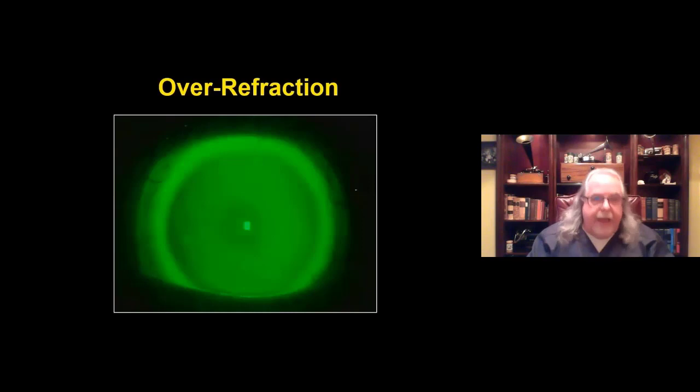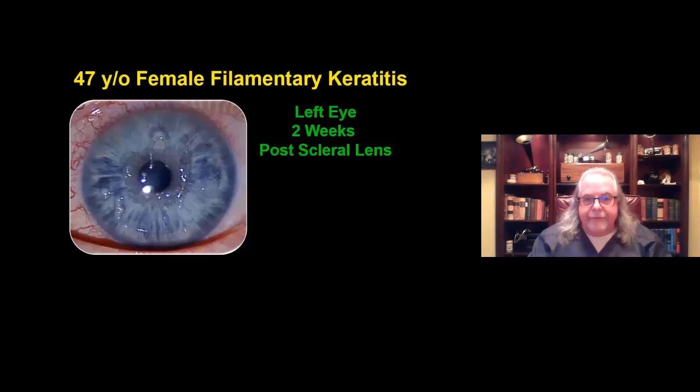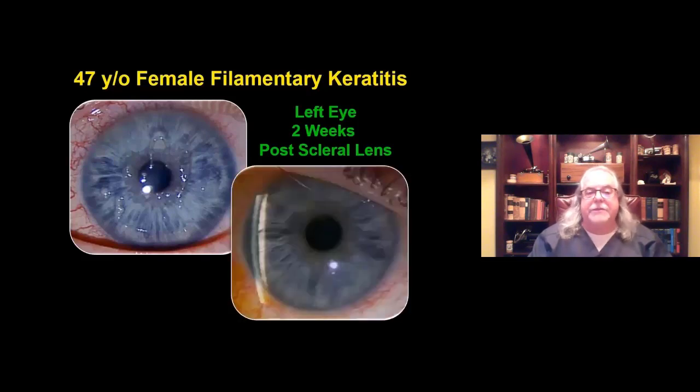Once we've established the physical fit of the lens, an over-refraction is performed, and we are ready to order that contact lens. Well, here is our patient with filamentary keratitis, and now we're going to look at that patient 2